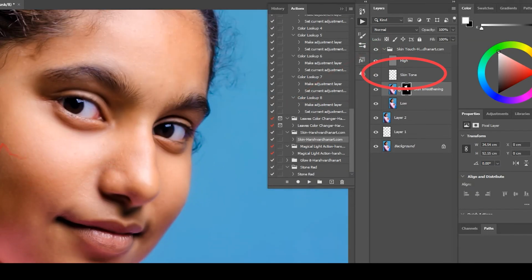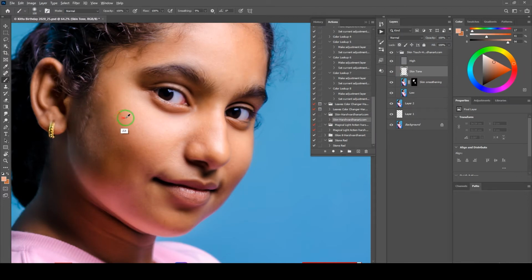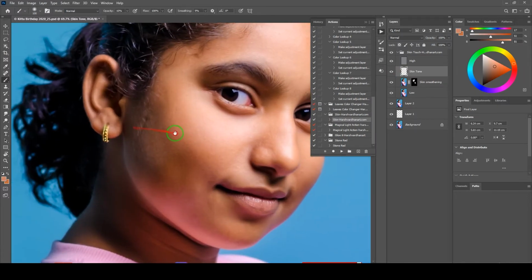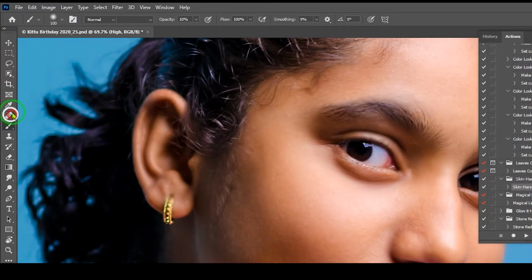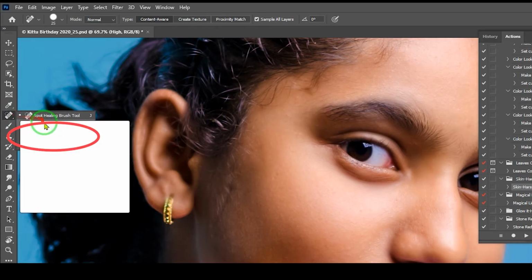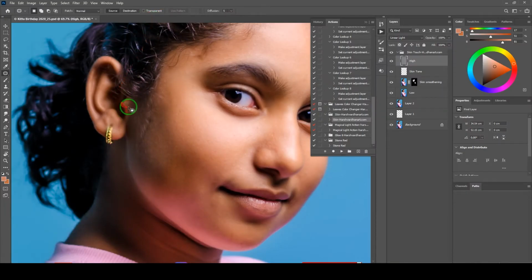So now select the skin tone layer and press Alt or Option, take the sample from the surrounding area and fix that. Now select the high layer and choose the again spot healing brush tool, and this time patch tool, and make sure you just select the area, something like this, and just click and drag to just fix that. So doing this, just remove all of these